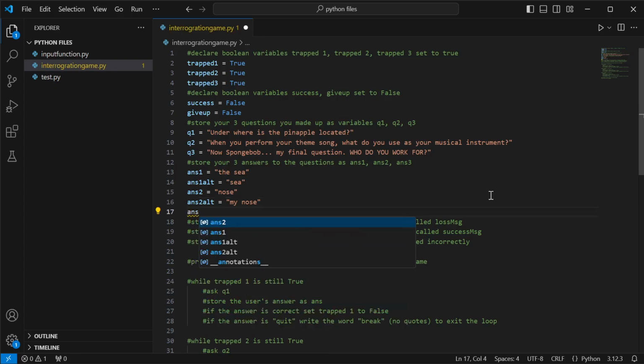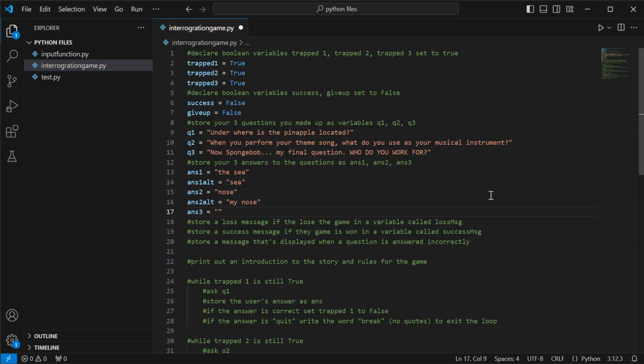Finally, answer 3. Who does SpongeBob work for? Oh, I guess this could be, okay, maybe we'll have a 2. I didn't plan for this one, but I think we need maybe an alternate for this one as well. My original, did I spell that right? Nickelodeon, yeah. My initial answer to this is that SpongeBob SquarePants is a Nickelodeon show, but I believe, I'm not a big SpongeBob watcher, but